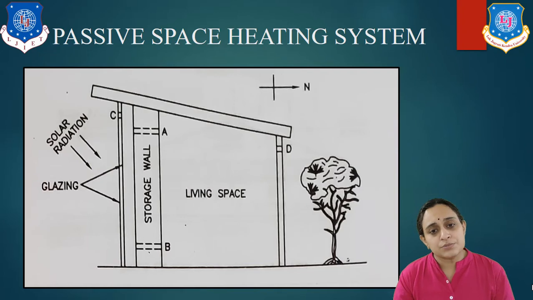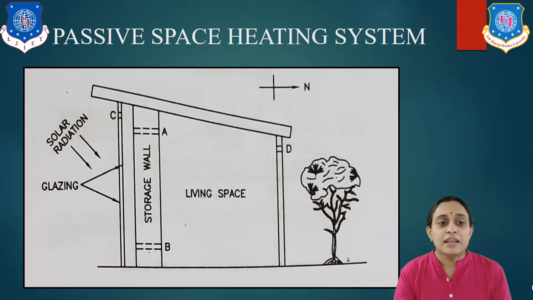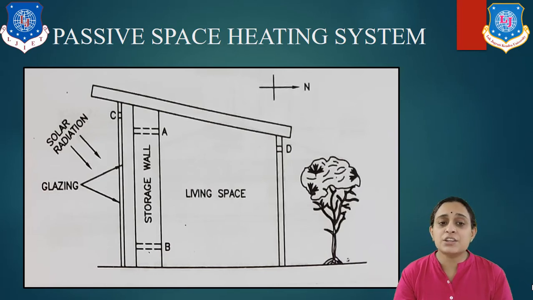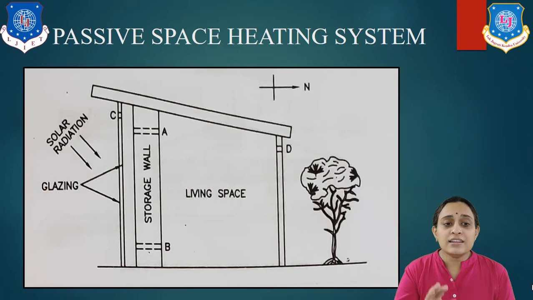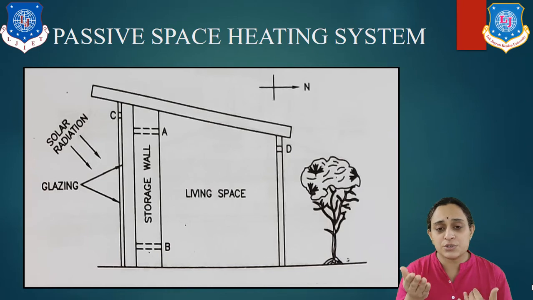South facing walls of the building work as a heat collector. It means the building should have south facing walls. They are made with two parallel walls with some gap in between, which serves as heat storage. The outer wall is painted black to absorb the heat from the radiation. As you see, air circulation vents A and B can be opened and closed. They are kept at the upper and lower level inside the wall. A is at the upper side, B at the lower side, as you see in this diagram.